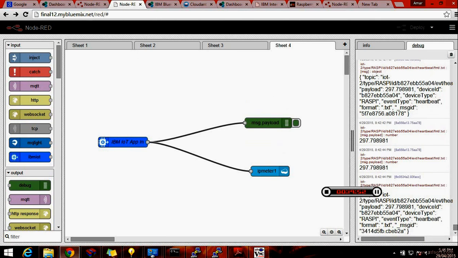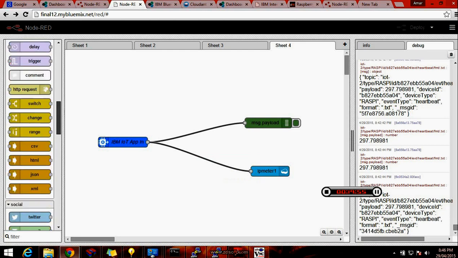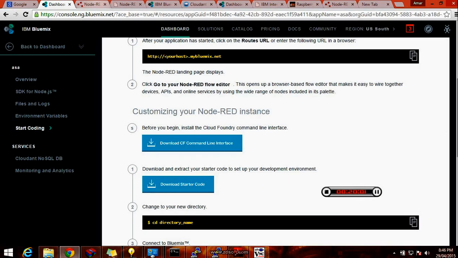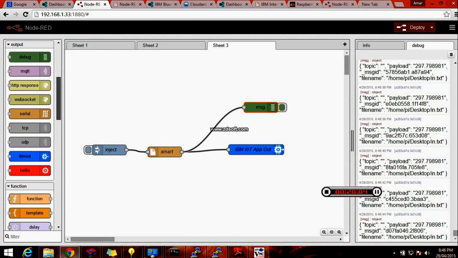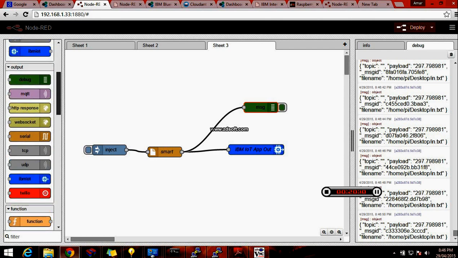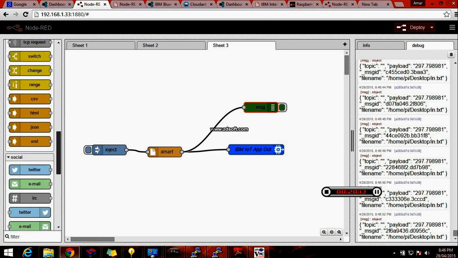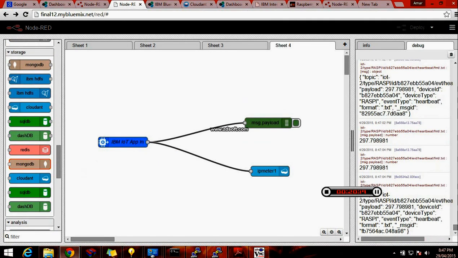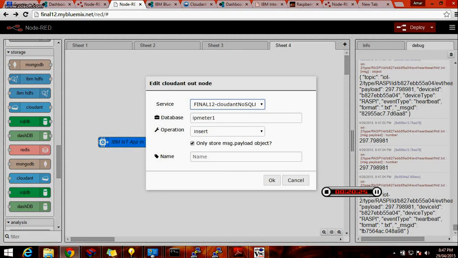Again, these values are stored into the cloud. Here is one node of the cloud. As we have added the cloud and service, you can add it from the dashboard by going to the catalog, and you have to follow the same thing. After adding the cloud, select the cloud node, it is in the storage section. So here it is cloud, and as you can see, drag this icon, then drop it over here. After dropping, you can see I already added it, so I don't add it again. After clicking on the service, you can see final 12 is my app, and I added the cloud and NoSQL service. So you are able to see it directly from here.